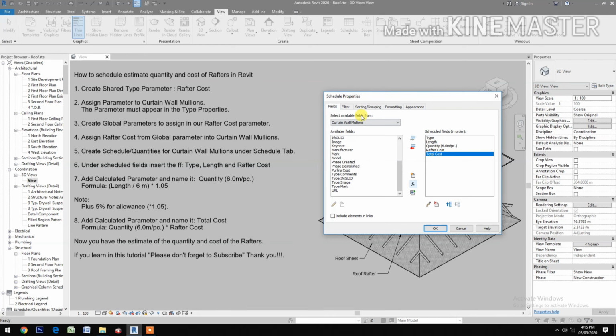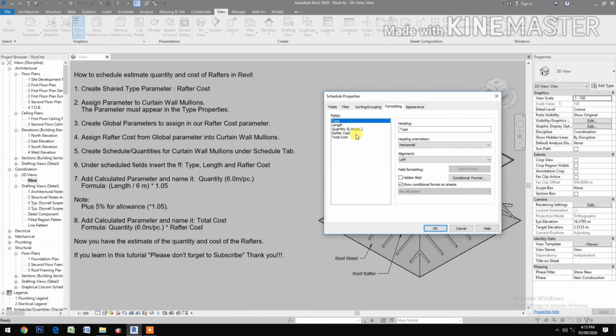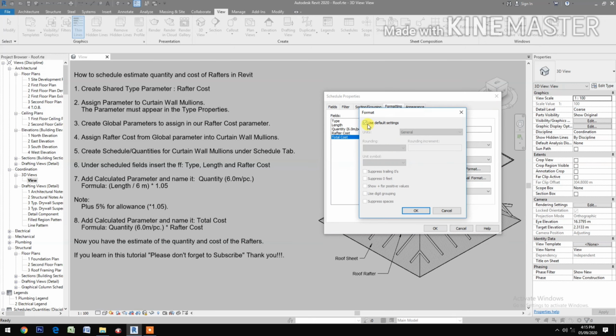go to the sorting and grouping, check grand totals, formatting, total cost, alignment, right, check field format. Okay, make it currency, 2 decimal places, use digit grouping. Okay,